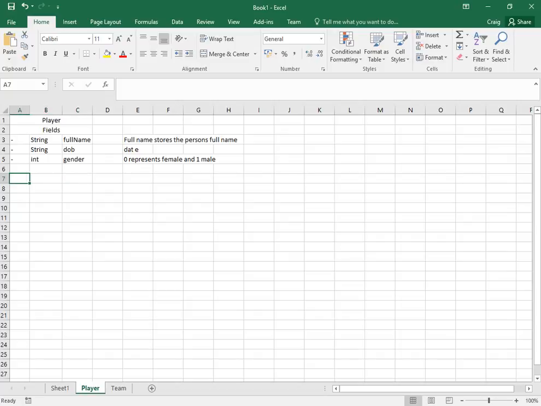You would then create your constructors. I would expect, at least from all of you, a default constructor. These are now your methods. So after your fields, you would list your methods. Here it would be a plus sign because it's a method that we want to be public. And we would have a constructor. Your constructor always has the same name, open brackets, close brackets. It doesn't return anything. So you would have your default constructor, and this would initialize